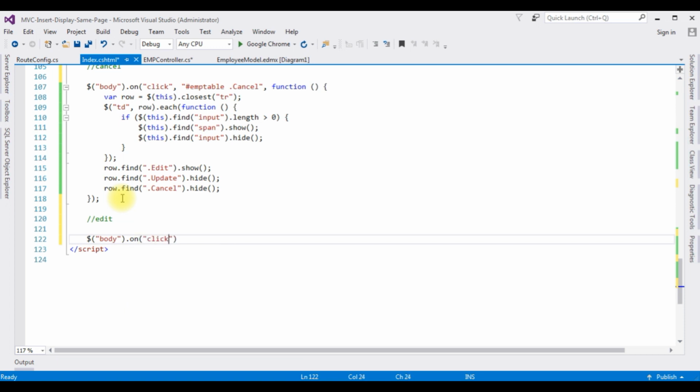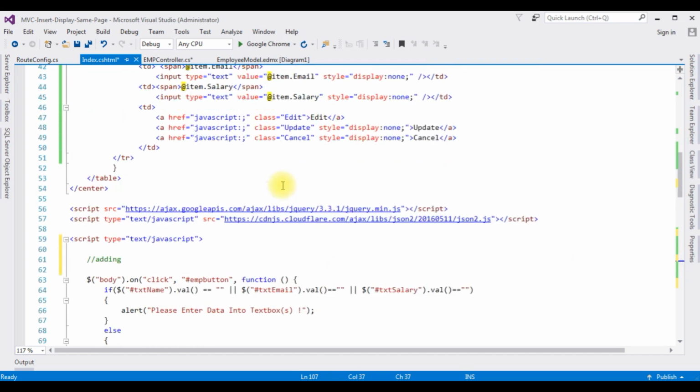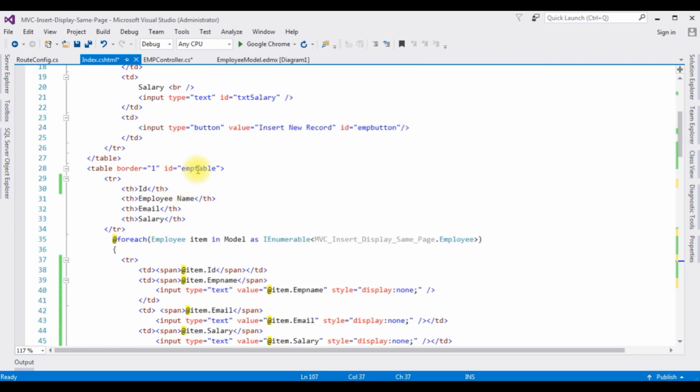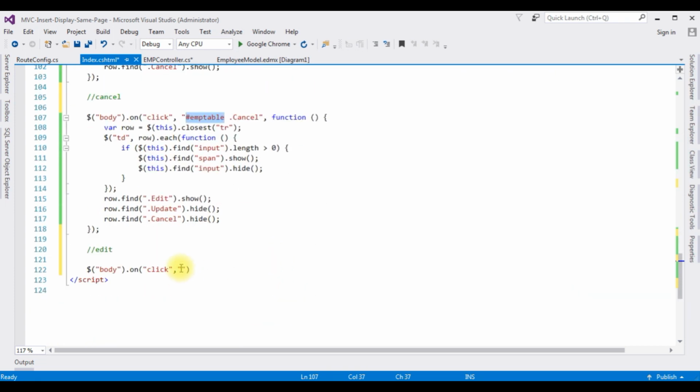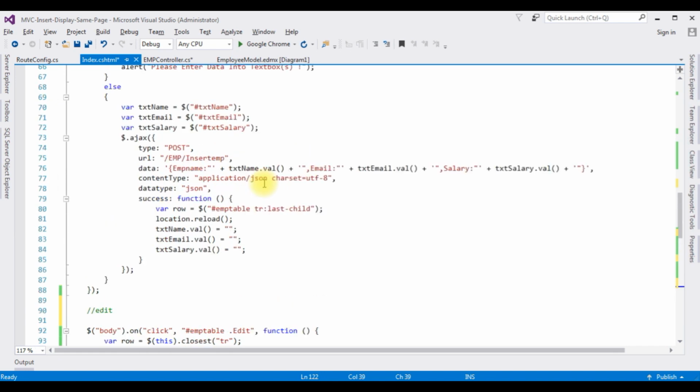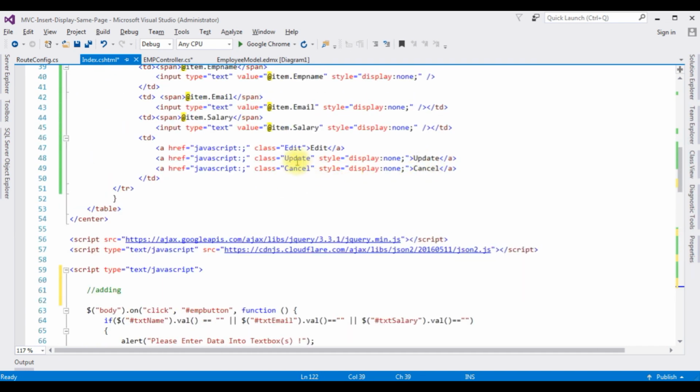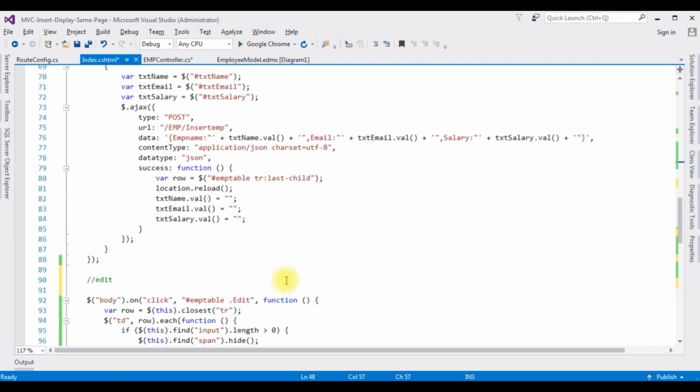The event is click, comma. We are updating the records in the table, so we require the table ID, which is the emp table ID, emp table, which is this one. Let's copy this one and paste here. Now we require the update class name. This update class name. Come to the bottom,